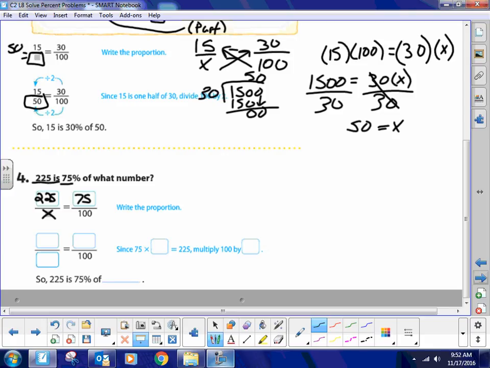So you do the is over of, okay? You cross multiply here, 225 times 100, right? Which is 22,500 is equal to 75 times x, okay? We have to divide each number by 75 to get rid of the 75 over here, okay? Then we take